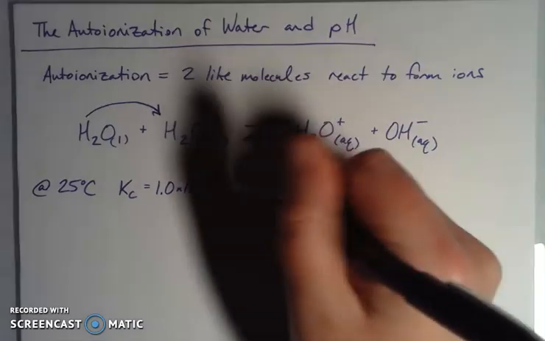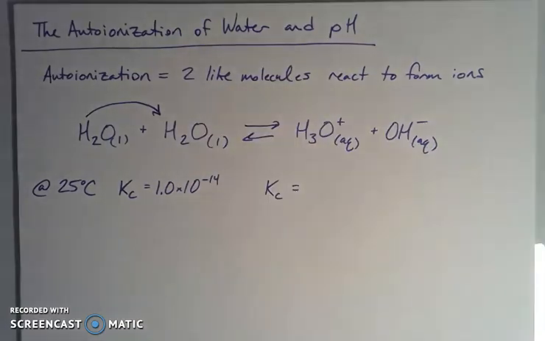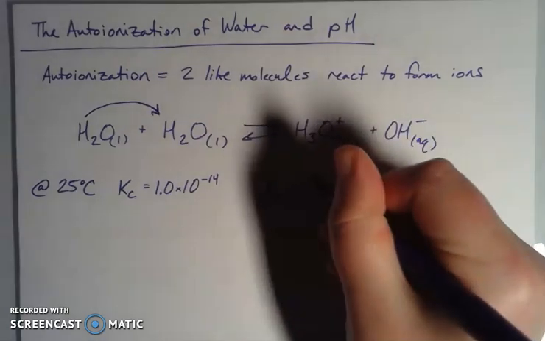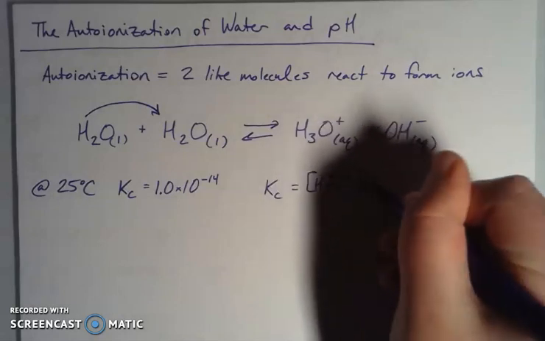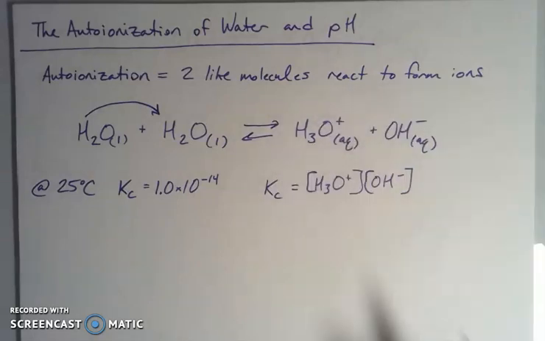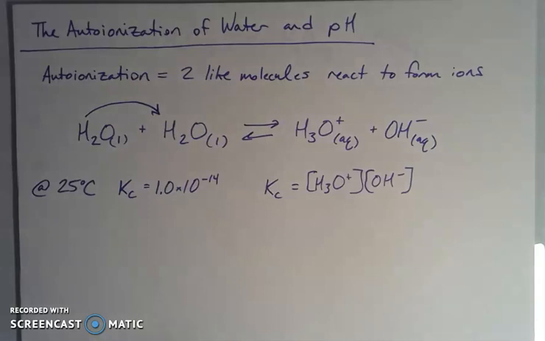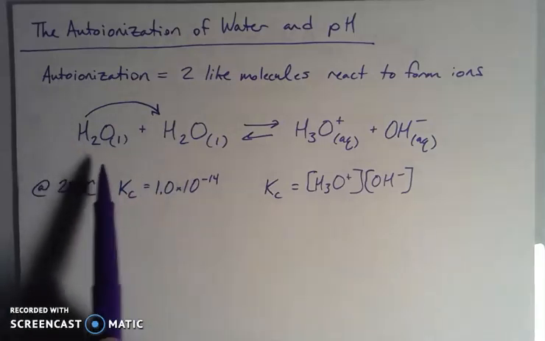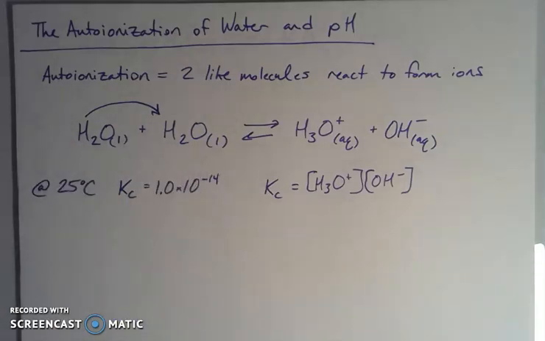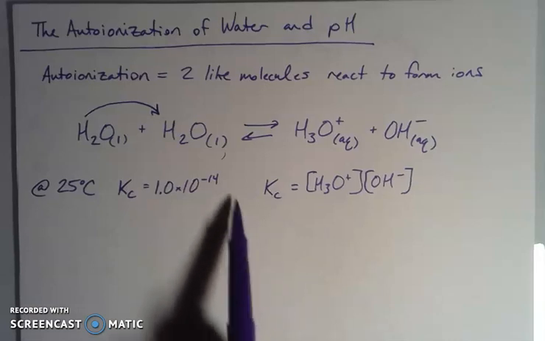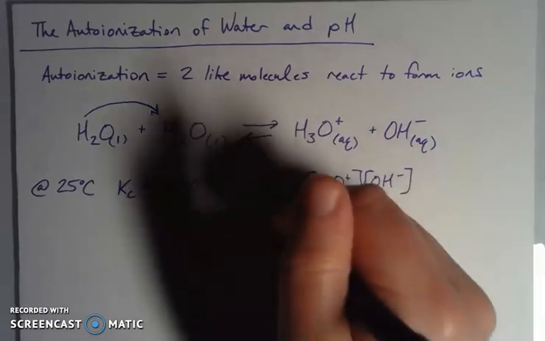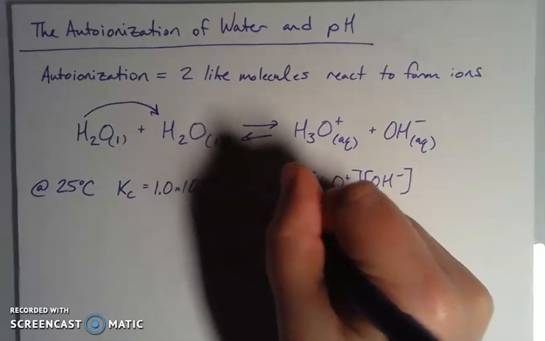Okay, so let's think about this equilibrium. Products over reactants, if we're thinking about this in terms of concentration or Keq, either way. So this is going to be the concentration of my hydronium ion times the concentration of my hydroxide ion raised to their powers, which in this case is 1 and 1, over my waters, but I'm not going to include the waters. Why? Well, I'm not going to because it's a pure liquid. So these pure liquids are not going to be involved. So my K value is equal to this,